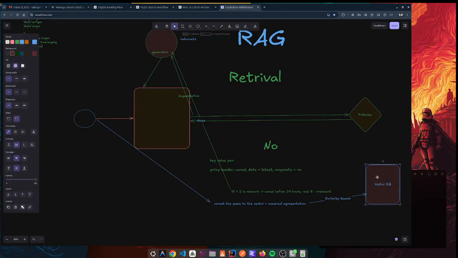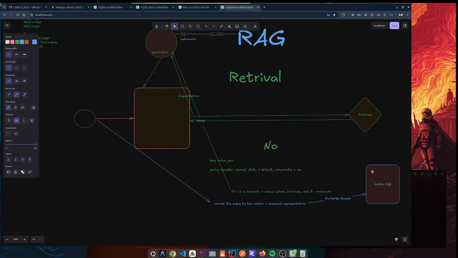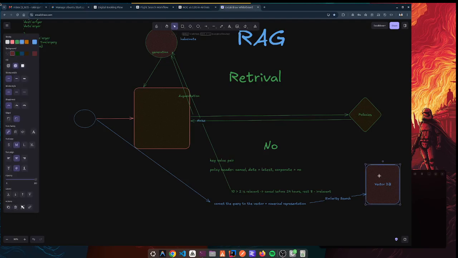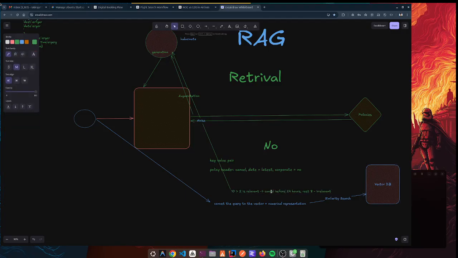So what will happen during the similarity search? All the data present in the vector database which is semantically similar to the query we have given will be retrieved. The vector database will efficiently retrieve those policies which have this information, cancel before 24 hours, and we'll pass that information to the LLM, which is more efficient than the